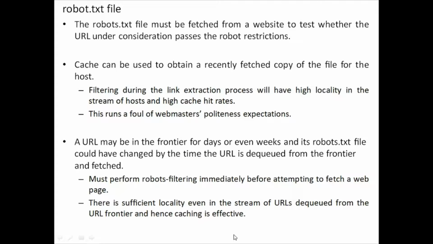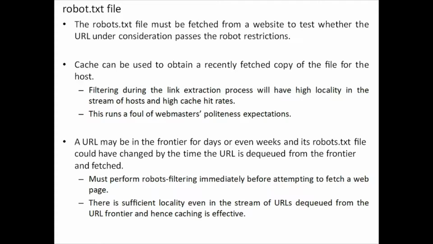So that is about the robots exclusion protocol. In the case of the robots exclusion protocol, we have seen that some sites want to restrict access to some web pages available on their website. That is done with the help of a robots.txt file. This robots.txt file specifies which portions can be accessed by which robots.